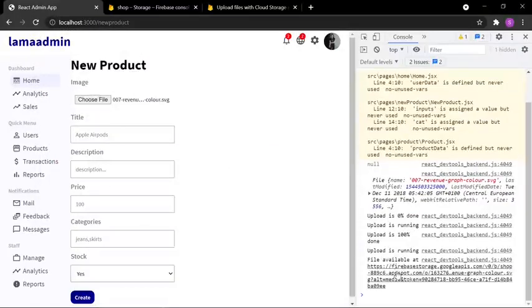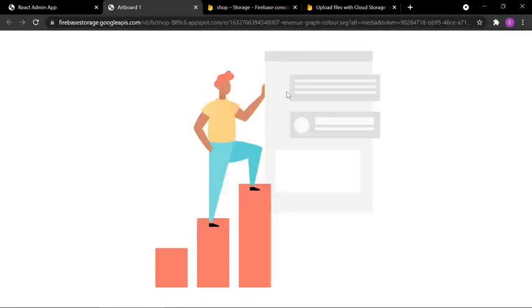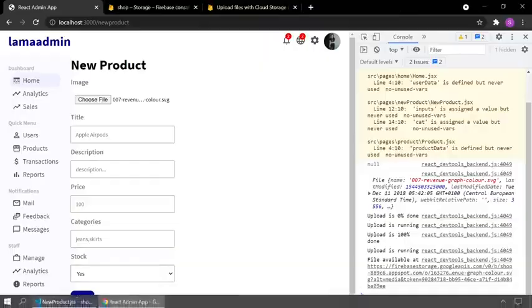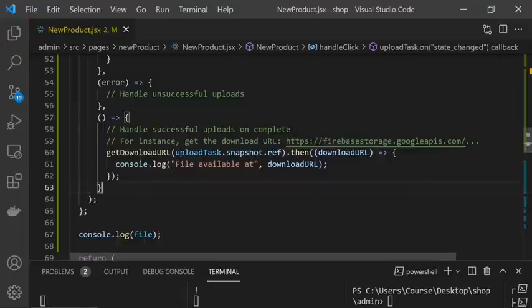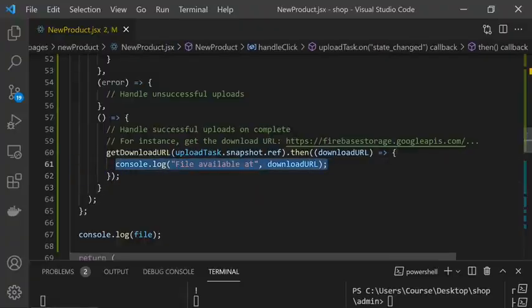As you can see, it shows the percentage and finally it gives this URL. Let's see. This is our image. Perfect. So instead of printing this URL, we are gonna create our product, and we are gonna send this product to RDB. So if I write here